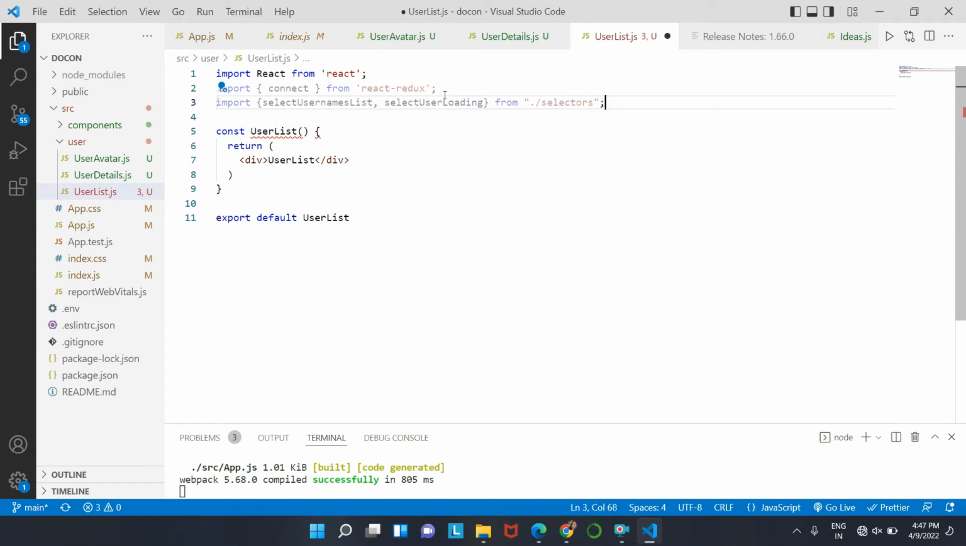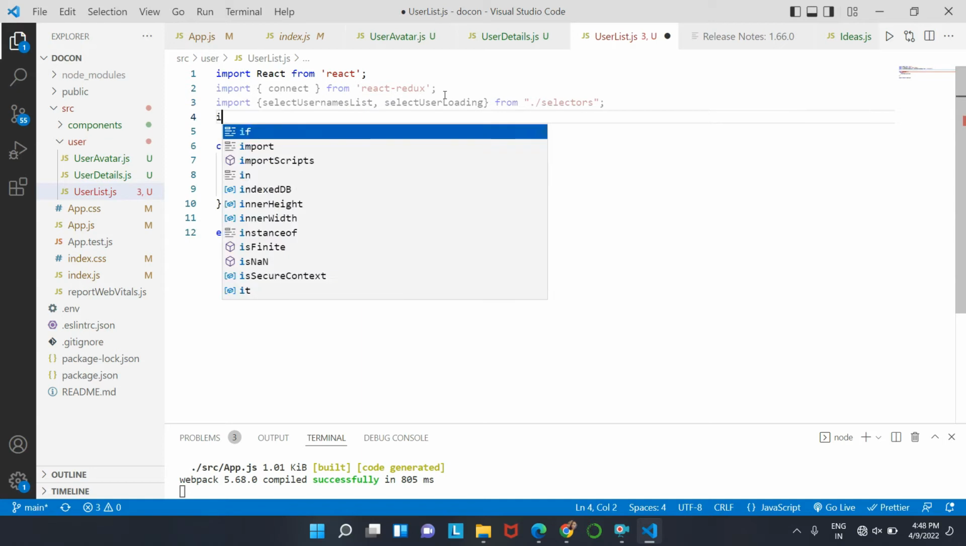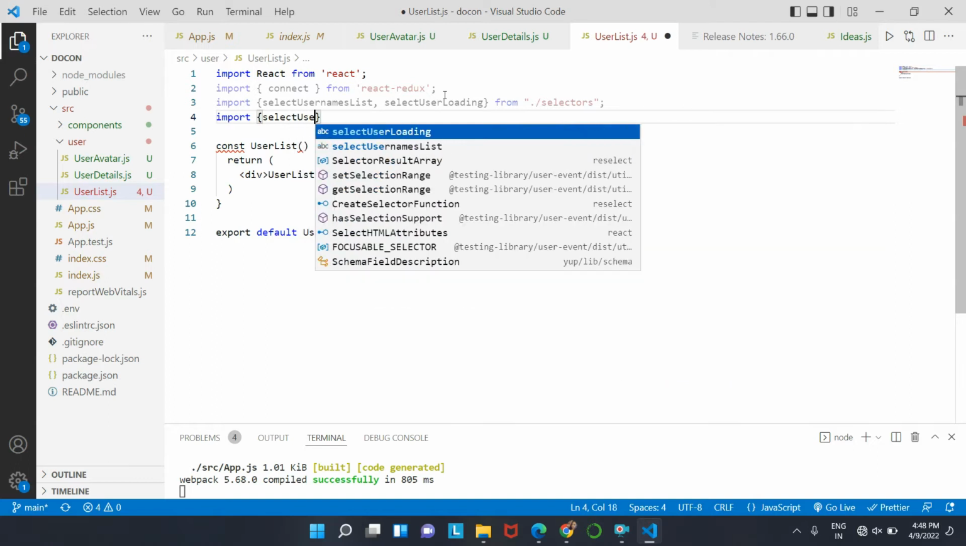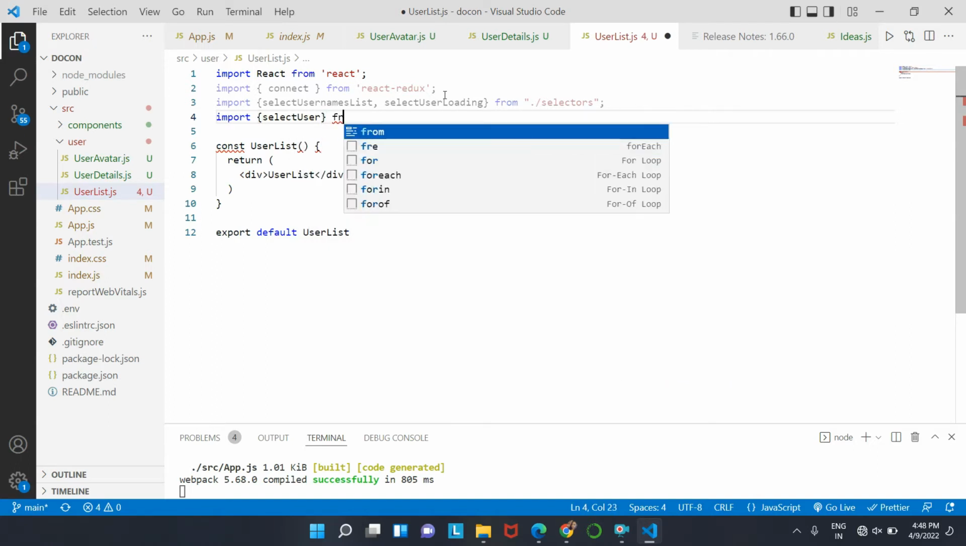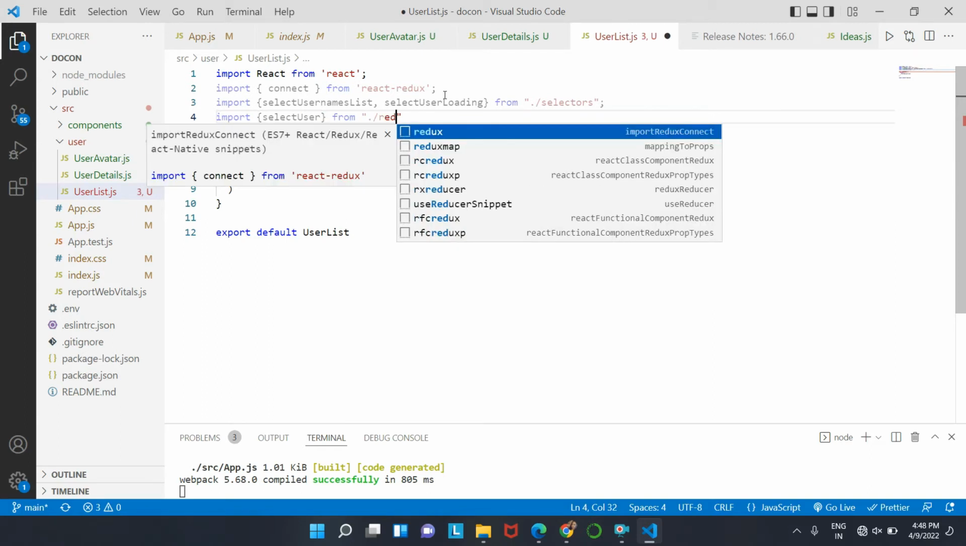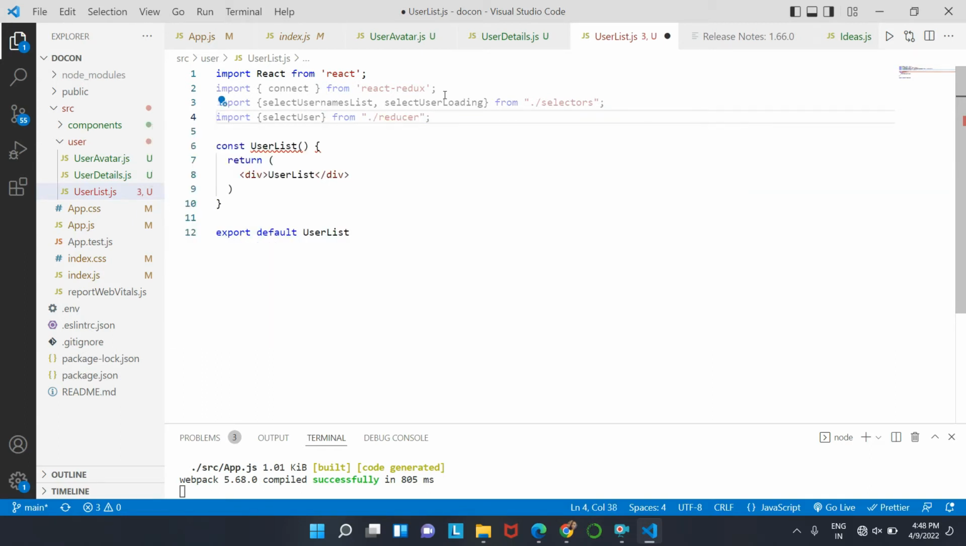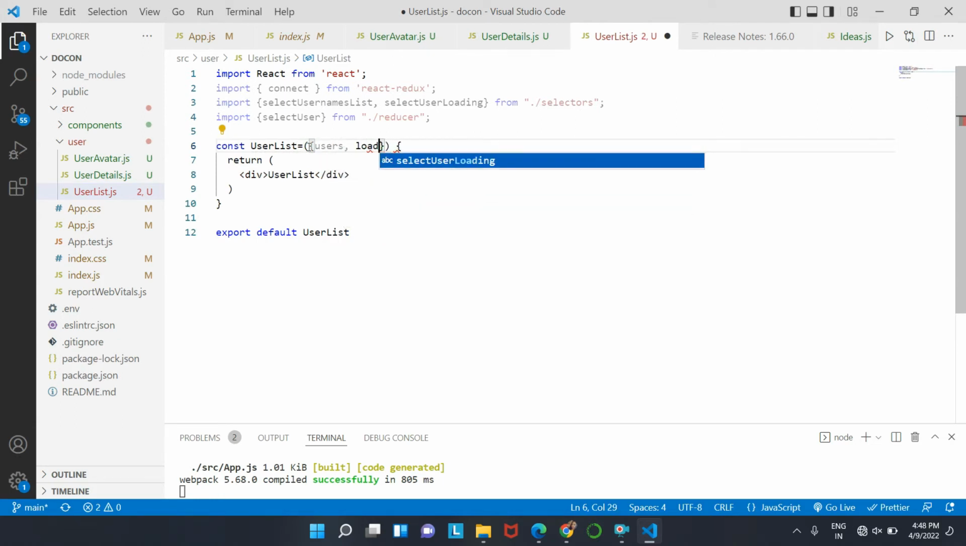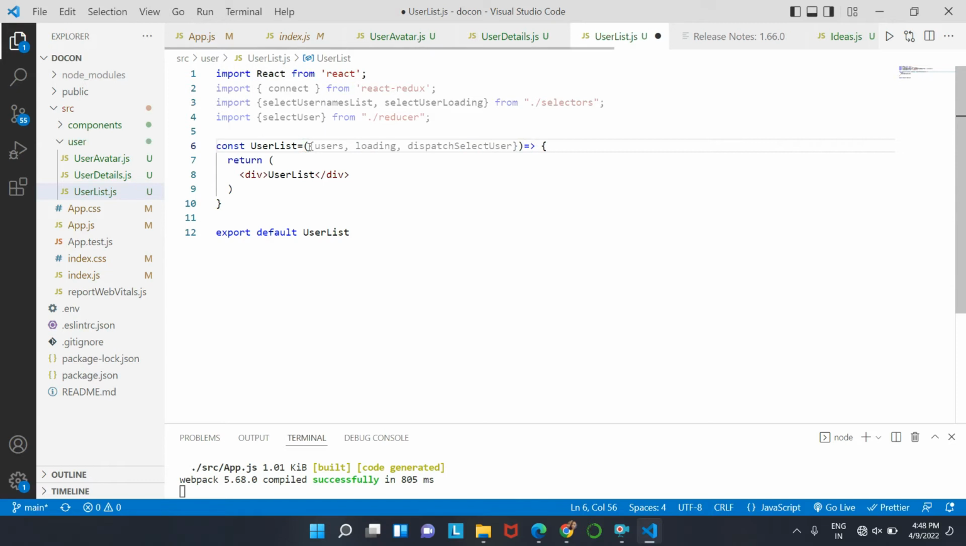So we haven't created selectors, keep that in mind, we will be creating that. And last we will be importing a reducer, we haven't created that right now. So selectUser from reducer, we will create that later on. Const UserList will be taking a few parameters like users, loading, dispatch selectUser, and then